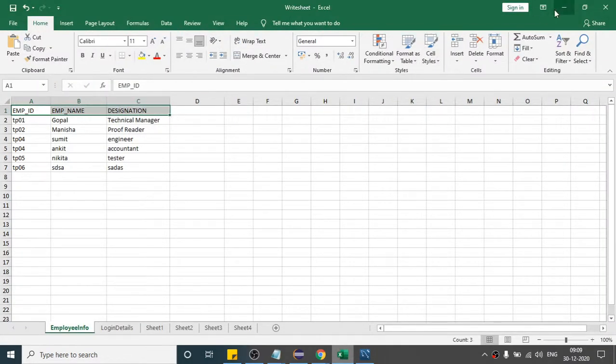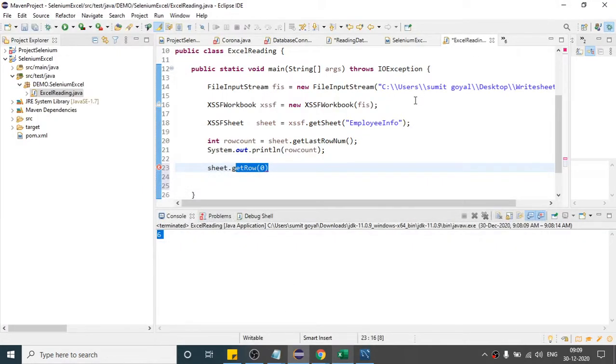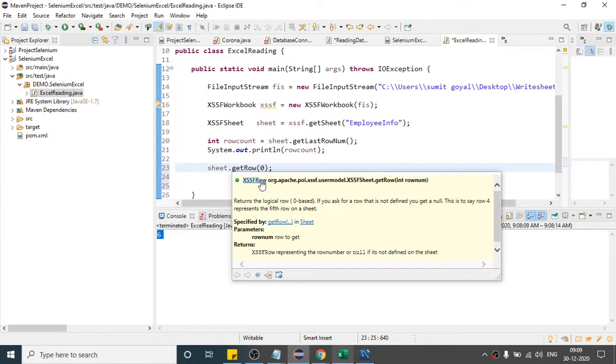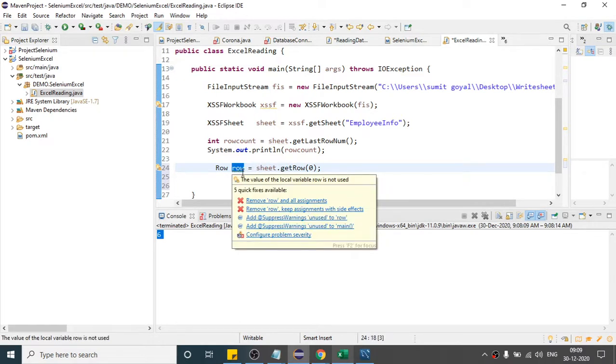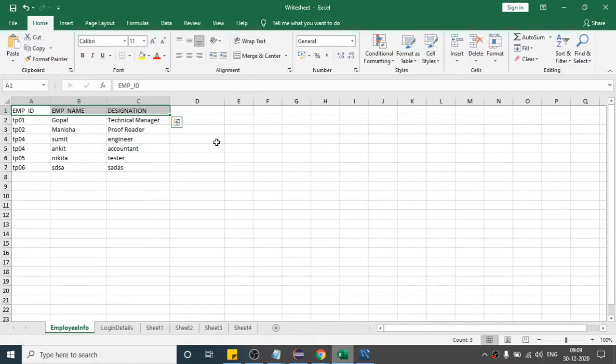Once I come here, let me first catch that in one variable. As it will give me one row, the return type is, you can either use this one, or you can also write this one, Row row. Now import the package. This variable is basically an interface, so I am creating an object variable of type interface, and whatever row it gives me, this row variable will point to our first row, right?